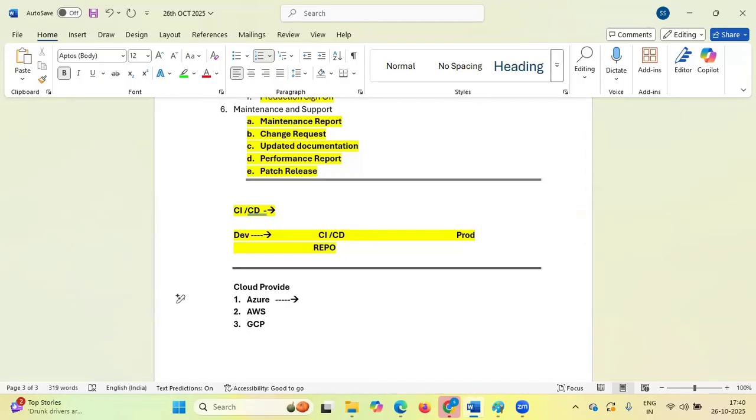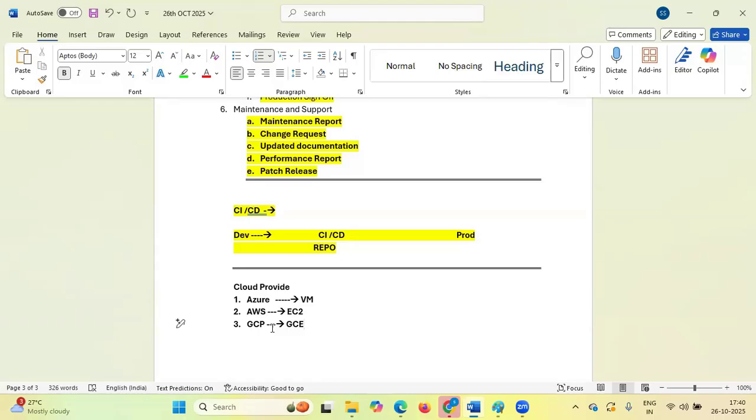Let me give a simple example. In Azure, we call a virtual machine a VM, correct? In AWS, we call it EC2. You must have heard about it. In GCP, we call it Google Compute Engine or GCE. So all three have almost the same function, only the terminologies differ.